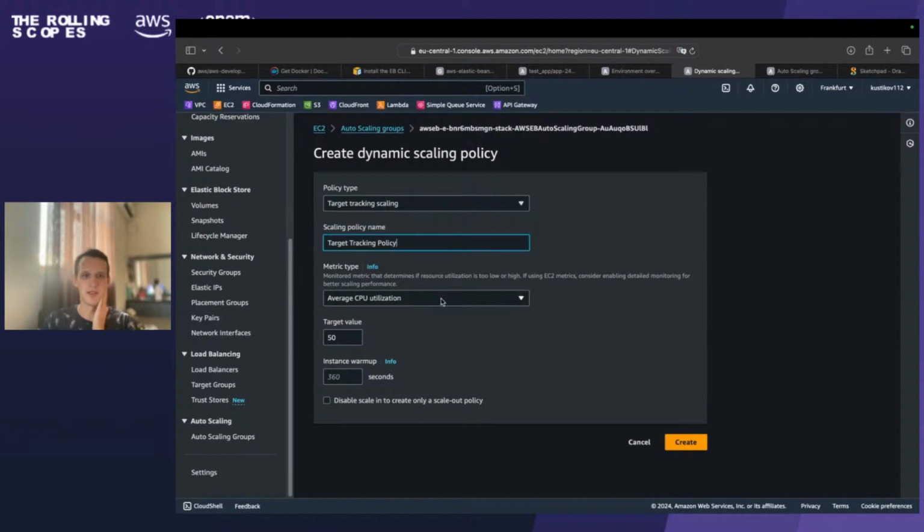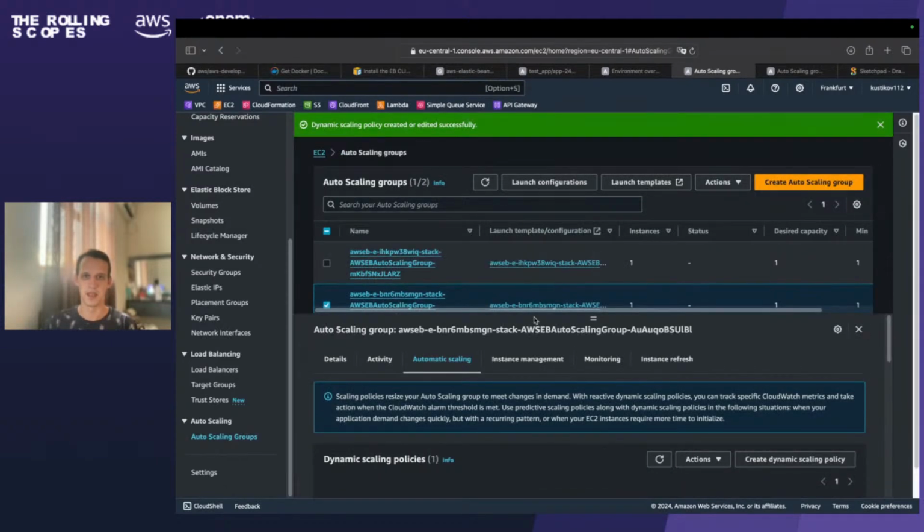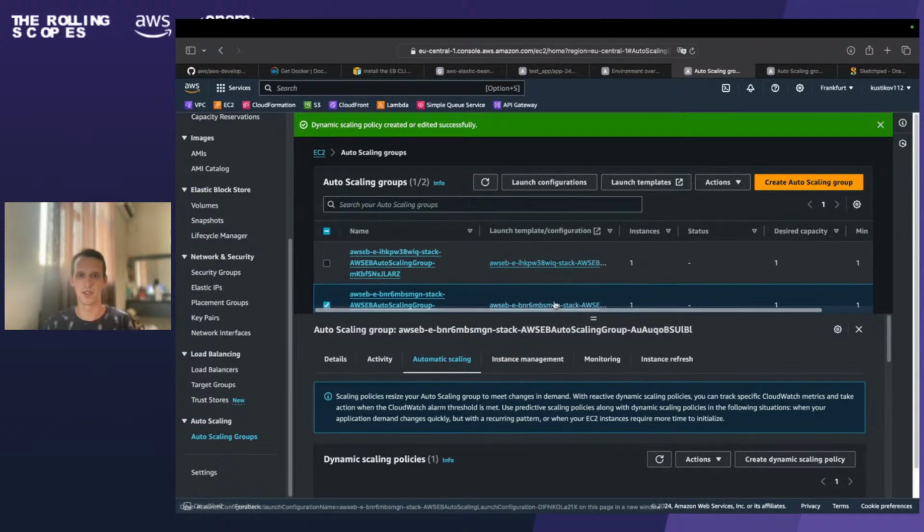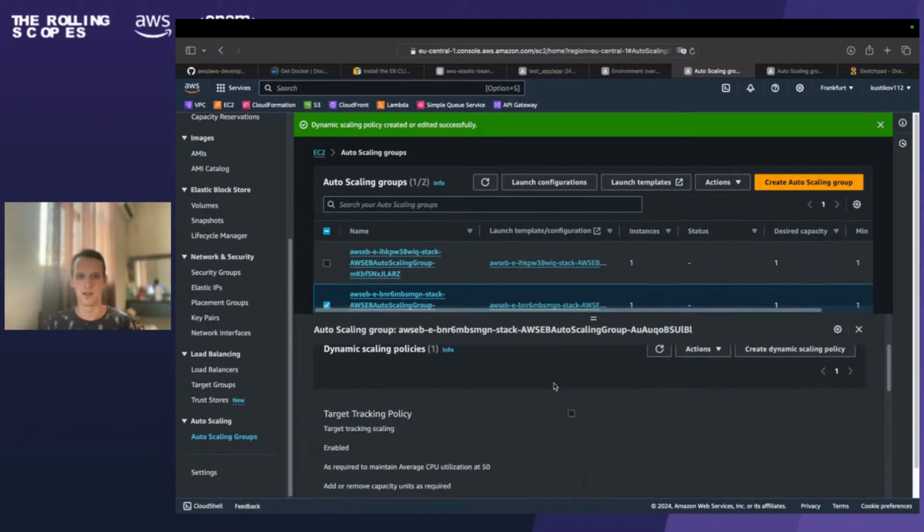We may say, yeah, in this case, it may be just CPU utilization. So if our instance would go above 50% of the CPU utilization, in our auto-scaling group, there's another one created, which is for our application. So once my EC2 instance would have more than 50% of the average CPU load, in our application, in our EC2 instance would be